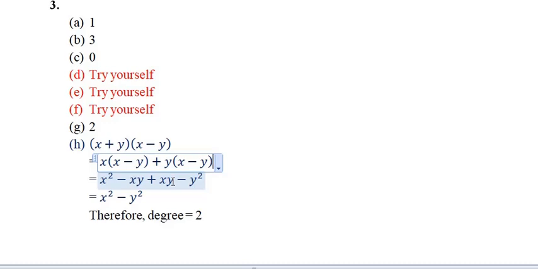In algebra, whether you write the variables in alphabetical order or not, it will be the same. So yx or xy, it means the same thing. So we are writing in alphabetical order, that is xy. And this plus and minus will be minus. So y into y will be y square. So this is your minus xy plus xy. They will cancel each other, and the remaining will be x square and y square. Now you can see that there are two variables out here, x and y, and they both have the same degree of power, that is 2. So hence you will write the degree to be 2.